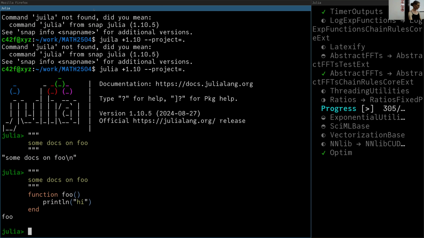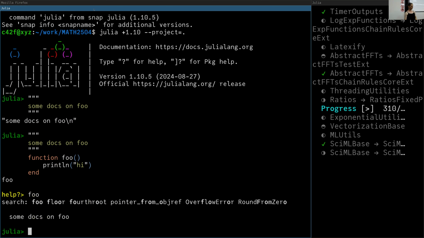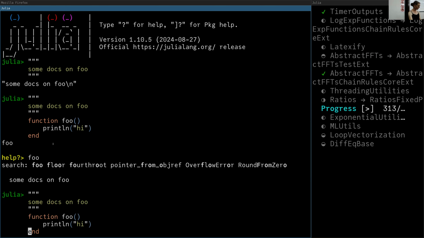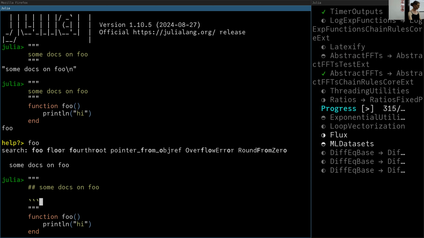So if I do that kind of thing, if I type question mark in the REPL and I look for the docs on foo, then it will show me immediately whatever stuff I put here. In fact, if you didn't know, this is Markdown. So if I want to write some kind of stuff here,